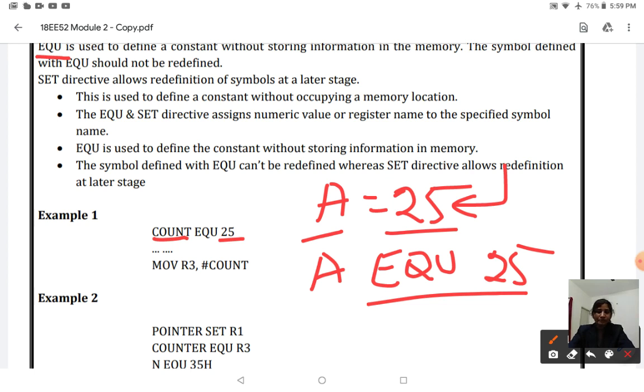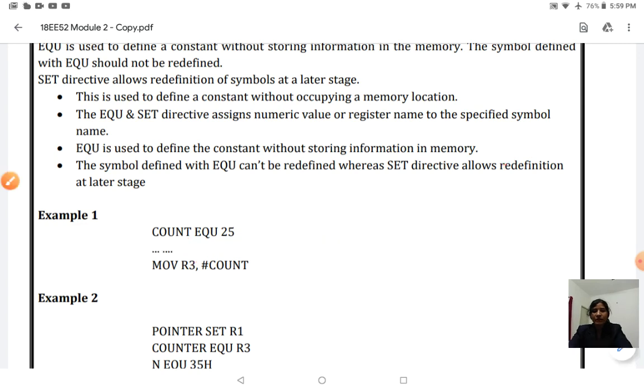For example, after using count EQU 25, any number of instructions can follow. Later you use MOV R3, #count, which means whatever you have in the count variable is moved on to your register R3.